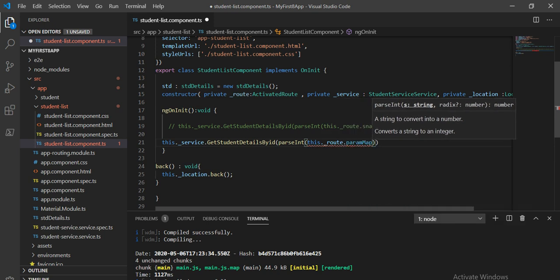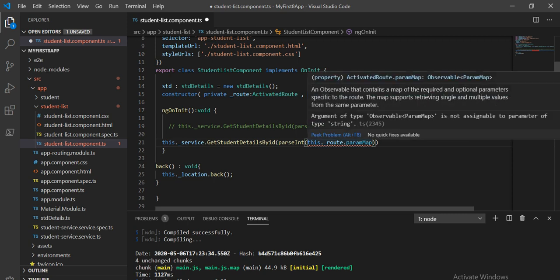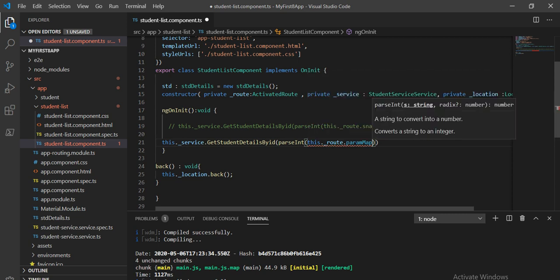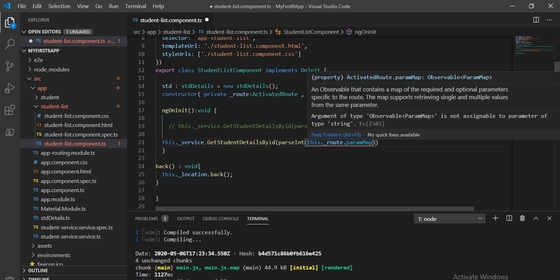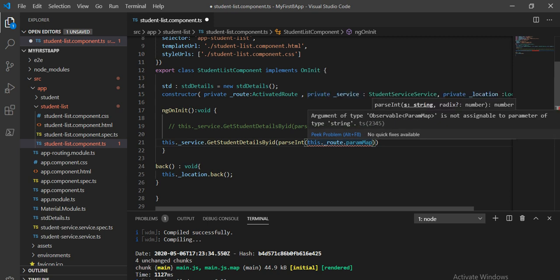As I explained, first param was there which takes only one parameter, but later after Angular 4.0 param map came which takes one value as well as multiple values